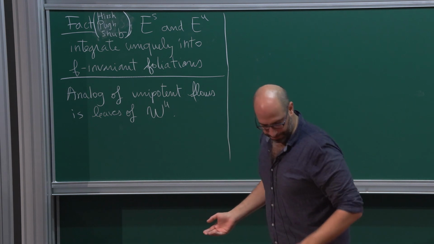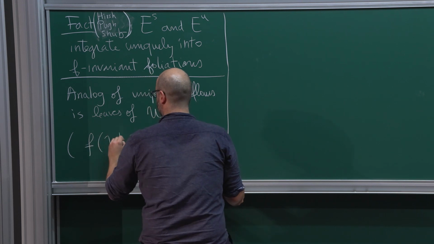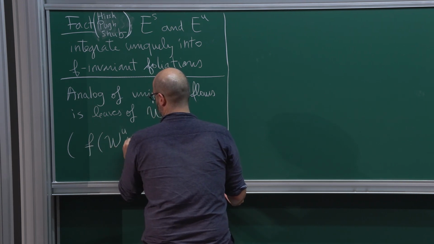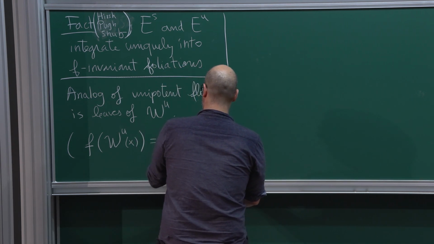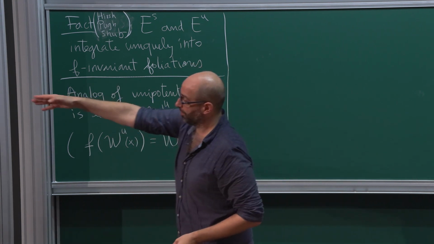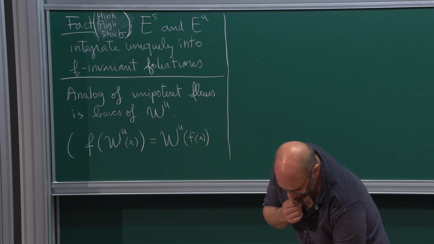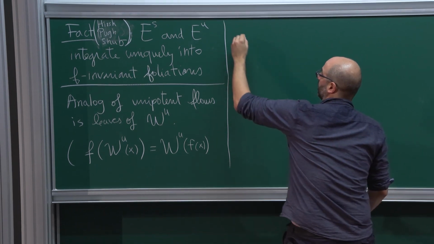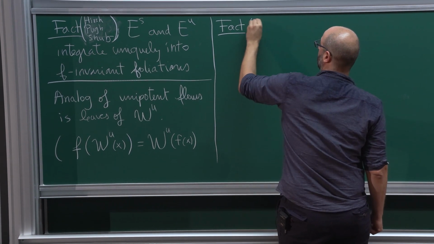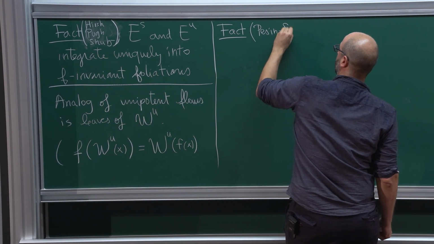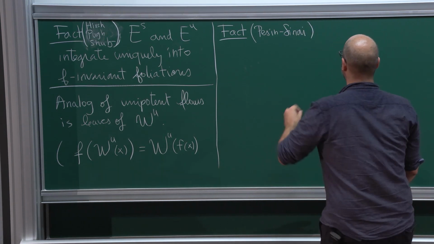So the property, we know that a leaf is normalized by F, also with a similar property to this, that disks are mapped into larger disks. And there's another fact that I want to point out, which is due maybe to Pesin and Sinai, which says that there always exists